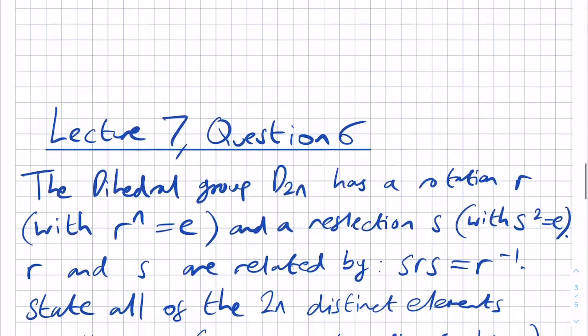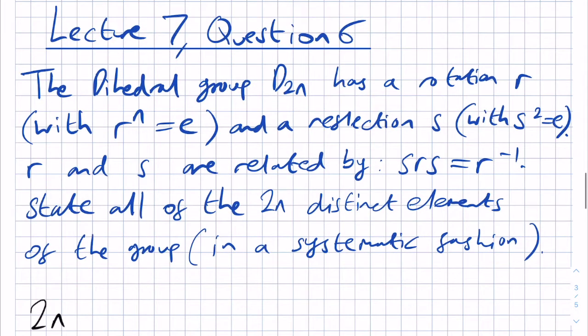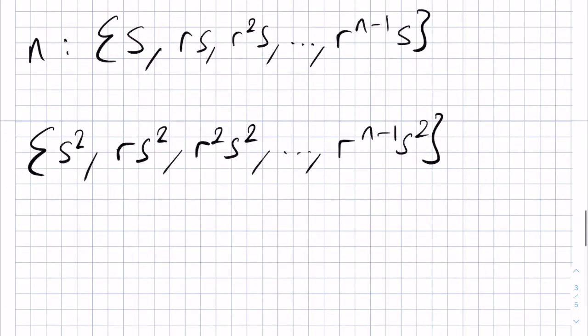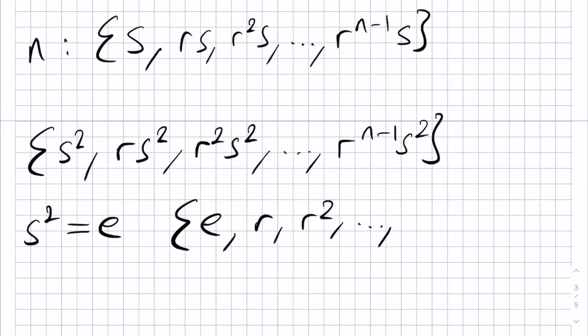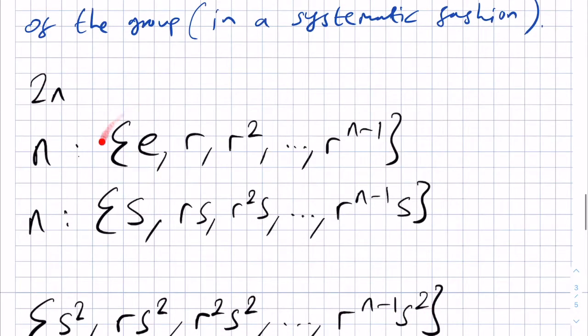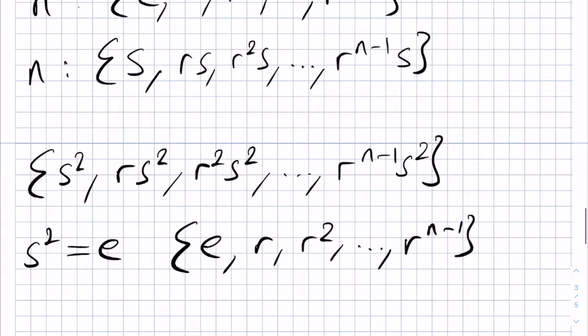But we were told that since s is a reflection, applying it twice is the same as doing nothing, i.e. s squared is equal to e. So this set of elements is really e, r, r squared, all the way up to r to the n minus 1, since each of these s squareds is really an identity. These are the earlier rotation elements that we already have in our group,